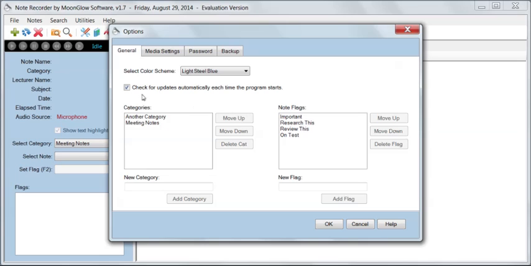And you can choose to have the program automatically check for updates each time it starts. You've got some options here for the background colors. You can adjust that. Now going on to the media settings,